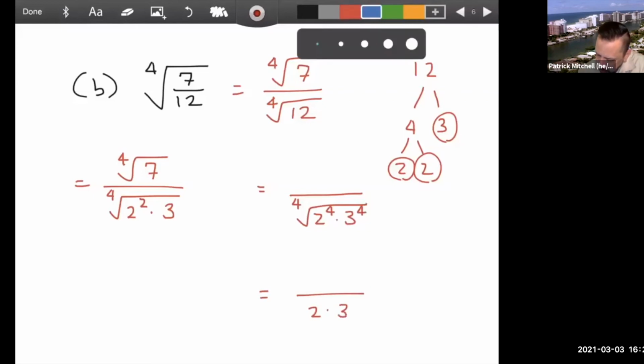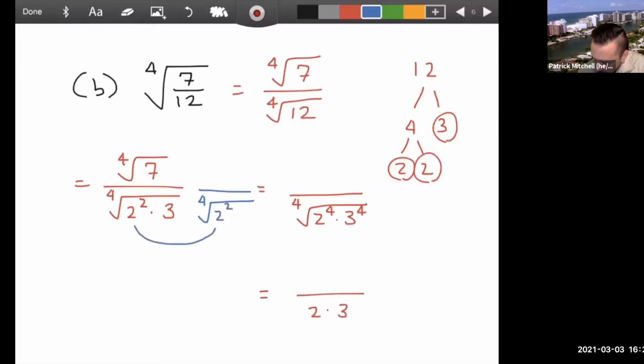Well, I have 2 squared, so I need another 2 squared, because 2 squared times 2 squared is 2 to the 4th. I have a 3, and so what I need is a 3 cubed, because 3 times 3 cubed,